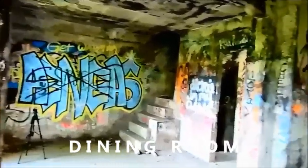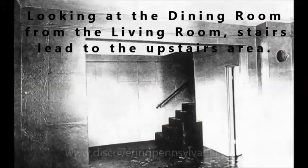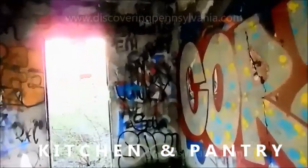Let's come in one of the houses here at Concrete City. These structures were built in 1911. Pretty interesting. Over here is the doorway. And I'm just going to take you around here and show you the inside. These are deteriorating over time. Excuse the graffiti, some of it's rather vulgar, but